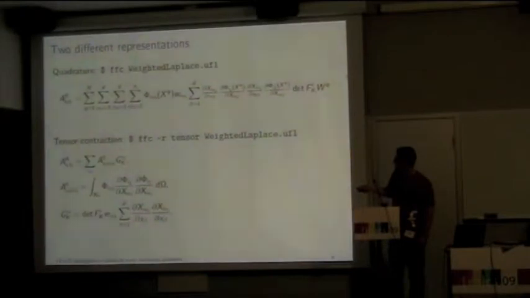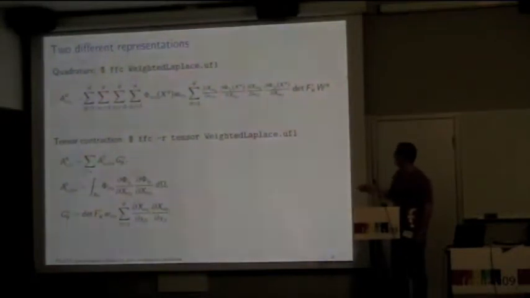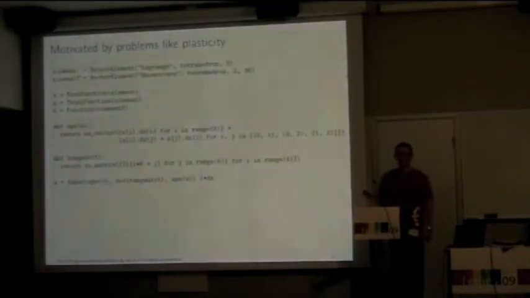geometric element, and the reference element can be computed before runtime because everything is defined on the reference tensor, and these geometry terms we need to compute at runtime because they depend on the information from the cell. But I'm sure that people in the audience can explain all this much better than I can, so I won't go into details with that. Just mention that tensor contraction was the original representation for tensors in FFC, and then we added this quadrature representation, and it was motivated by problems like plasticity,